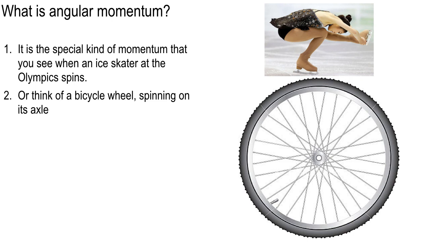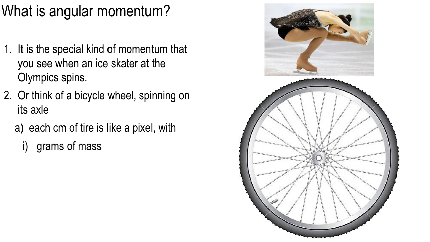I mean, we could, and on Tuesday we're going to have a bicycle wheel in here, and you'll see how those work. But it has an axle, and if you think about it, every centimeter along the rim has a certain amount of mass. Okay, so you could pixelate the tire into pixels of mass arranged in a circular array. And they have some speed, however fast you get the bicycle wheel going. And so they have some momentum,